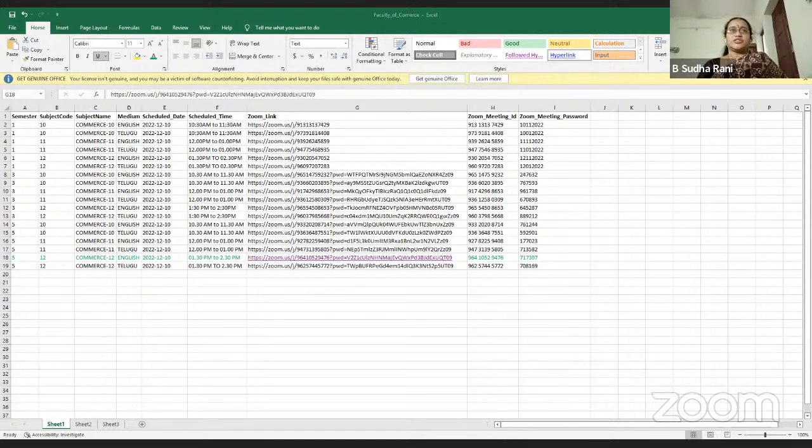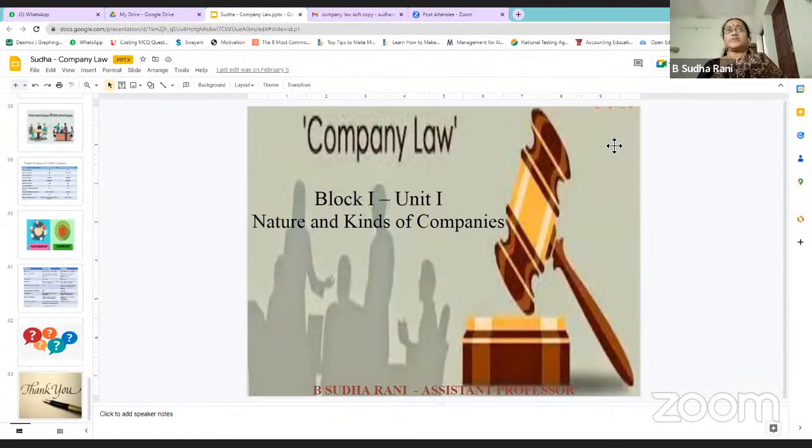In business organization, in your first semester, you learned about the nature of company, right? You came across different types of business forms. There are 5 types of business forms: sole trader form, partnership form, joint Hindu family system, joint stock companies, and cooperative societies. One of the forms is companies. Why learn this subject? What is the very purpose of adding this subject in your syllabus?